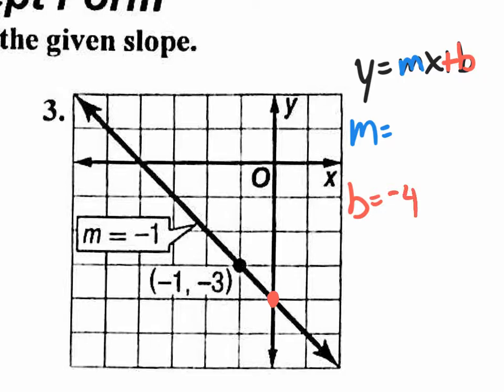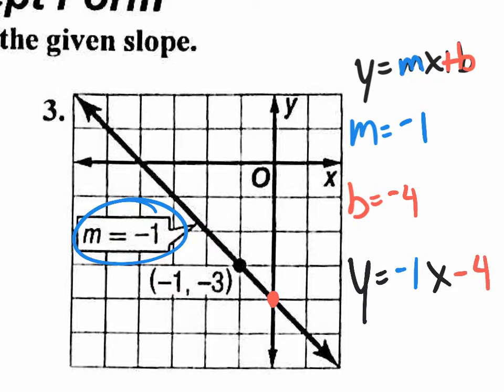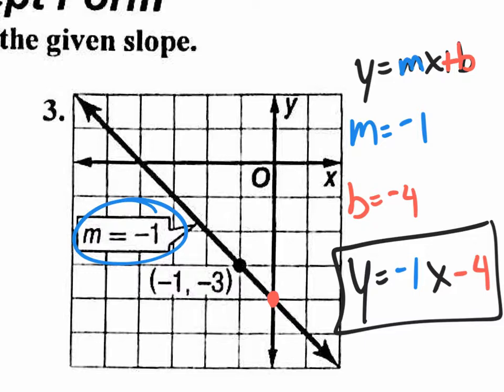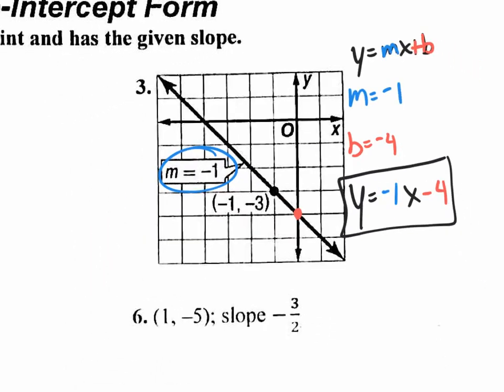You know the m value is negative 1. They tell you that. So you could actually write your equation in y equals negative 1x plus b, which in this case is a minus 4. That's your y equals mx plus b equation. And if you flip the paper over to the back side, all of your answers are in y equals mx plus b form. But what I want to do is something like